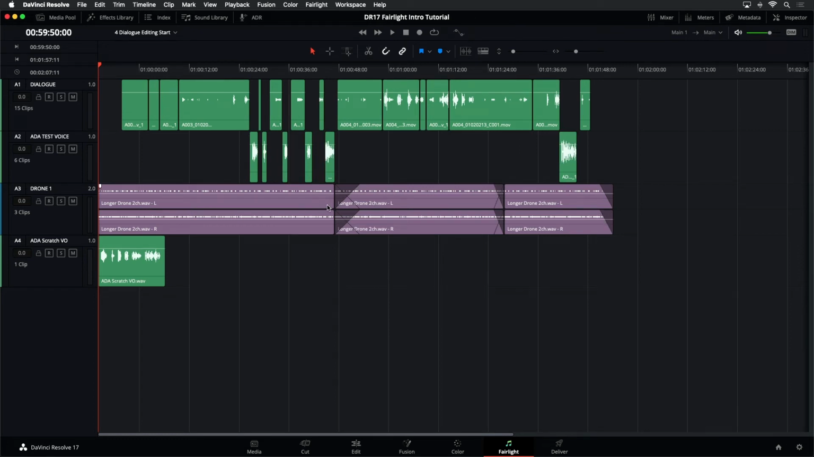The drone I'm not so worried about. We can leave that as is. Okay, and then the next thing I want to do is we know we do not need this voice, but I would like to set some markers to use for navigation to match up with those Ada voice clips in the test track. And so I'm going to show you a little trick to kind of make it easier to